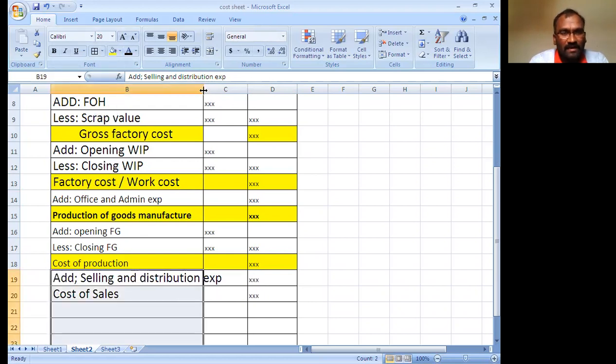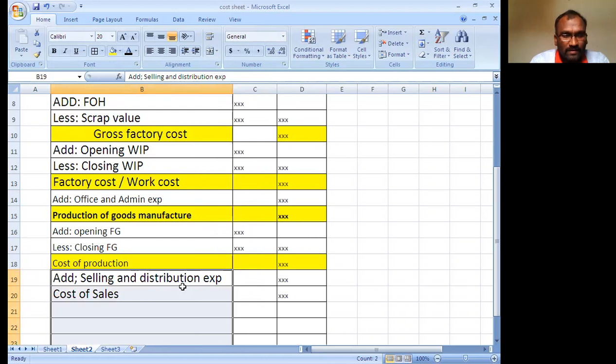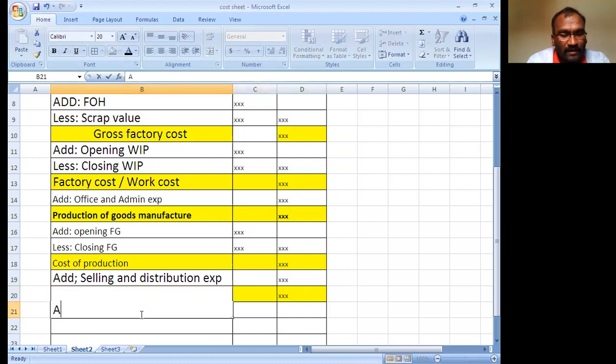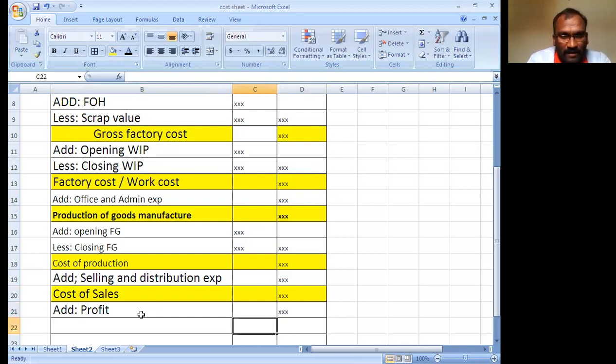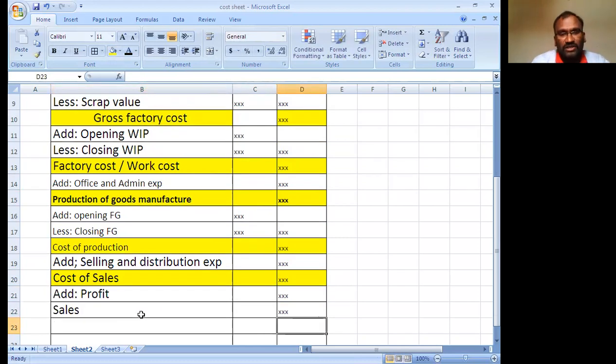I'm increasing the size. Finally, you add the profit, and you get the sales value. This is the cost sheet.